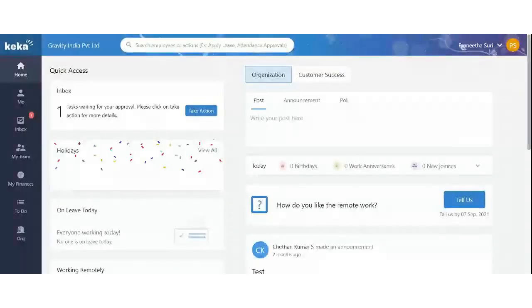Can you see the screen? You can see the screen, right, where I logged in as Pranita Suri. Okay, perfect. Yeah.